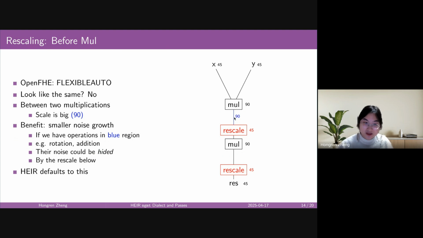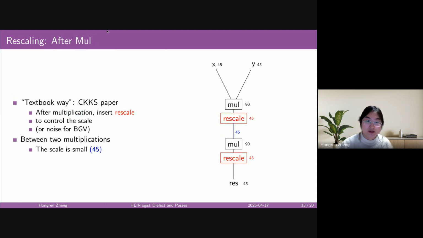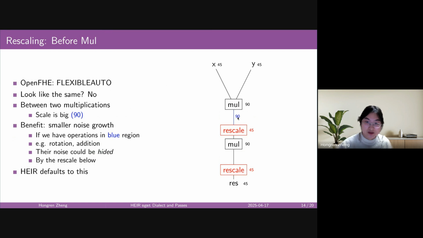The big difference between this one and the previous one is that the in-between scale is big now, and it has a benefit. If we are using another circuit and we are doing addition and rotation in this area, the noise can be hidden by the rescaling after it. And this is the default way of inserting rescaling operations in HEIR.